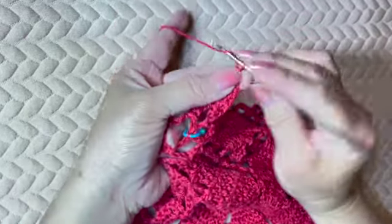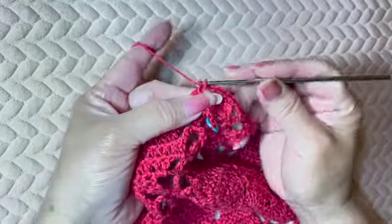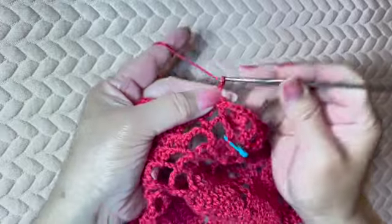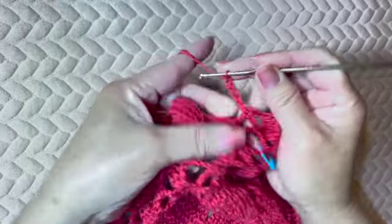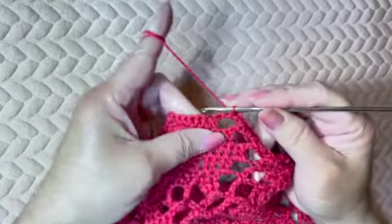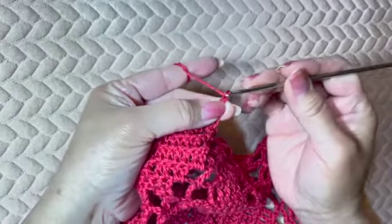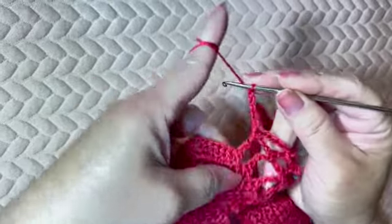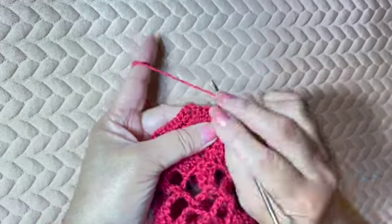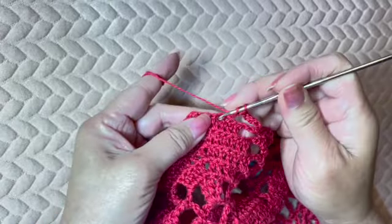So chain 3, 1, 2, 3, and single crochet on the next chain 5 space, chain 5, 1, 2, 3, 4, 5, and single crochet on the next chain 5 space, then chain 5, 1, 2, 3, 4, 5, and skip 2 double crochets, 1, 2, and double crochet on the next 5 double crochets. So that's 1,